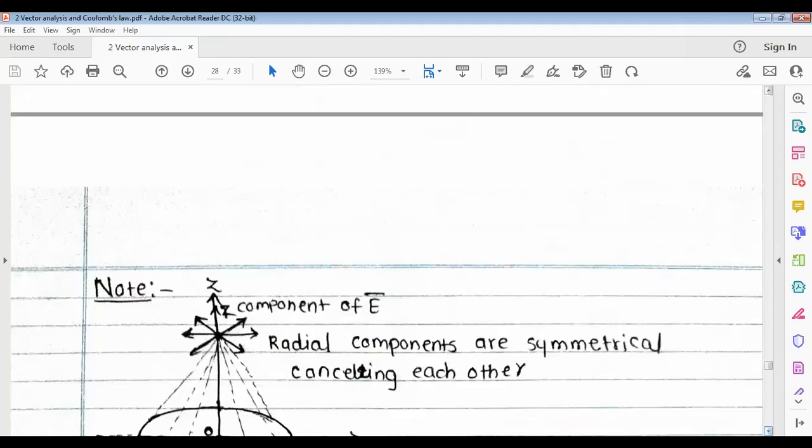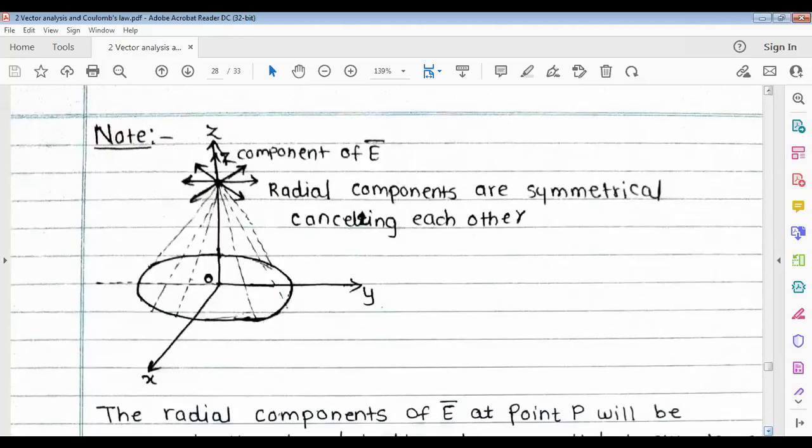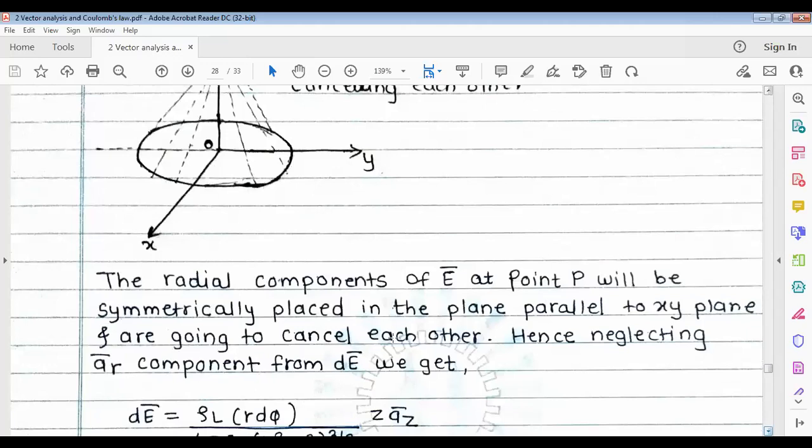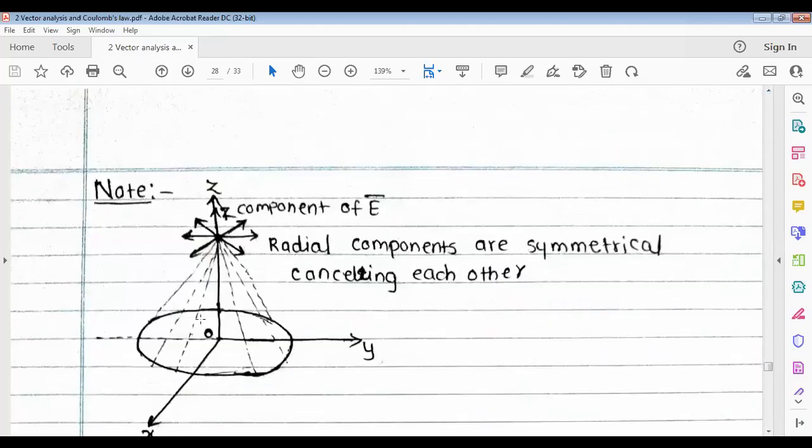So here again your r component is going to cancel. R component is going to cancel, as I told you, the same thing is there. There was a sheet, right? There was a sheet, that's why we have taken on that sheet only. But here it is a circular ring. Therefore, whatever components are produced are shown like this, but all these radial components get cancelled with each other.